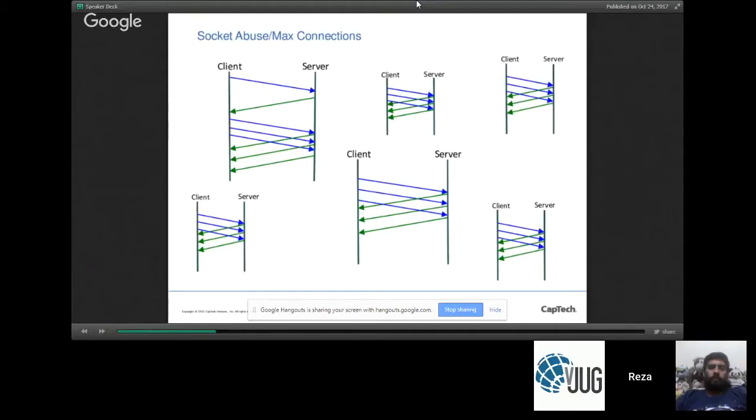But basically, domain sharding is about getting around this restriction of about 4 connections from a single browser to a single server. The way you defeat that, if you have to load 40 different resources to load a particular page, is that you distribute your resources across multiple servers. So you make the client think that it's actually talking to different servers, and hence it's okay for it to make more than 4 connections at the same time.